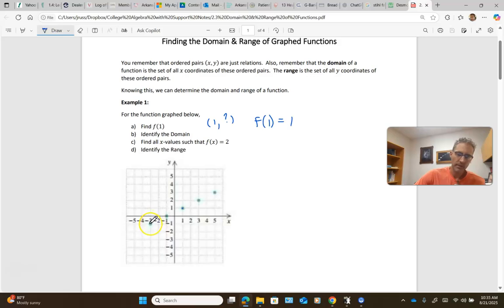So the x coordinates of these 5 points are going to be -3. This one has an x coordinate of -1, 1. The x coordinate of this point is 3, and then 5. Okay, and so the way I list those